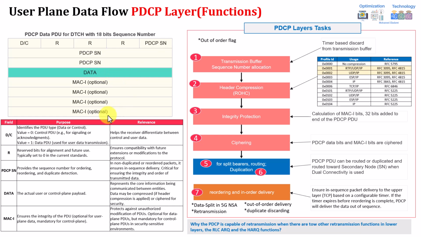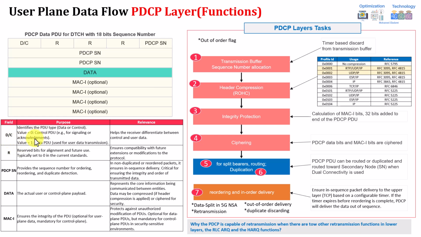First of all, you need to understand the header, because the header will make things very clear whenever you deep dive into any signaling analysis, or when you try to understand the function of any of the PDCP layer or TCP or RLC or even MAC. So the left figure here is similar to the RLC. You will usually find in the header, if you are opening Wireshark, for example, D/C, and this is exactly the same as RLC.